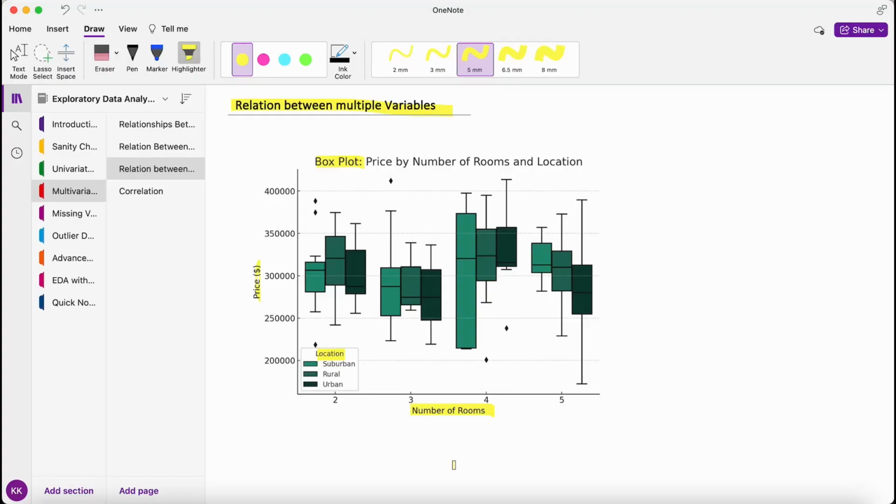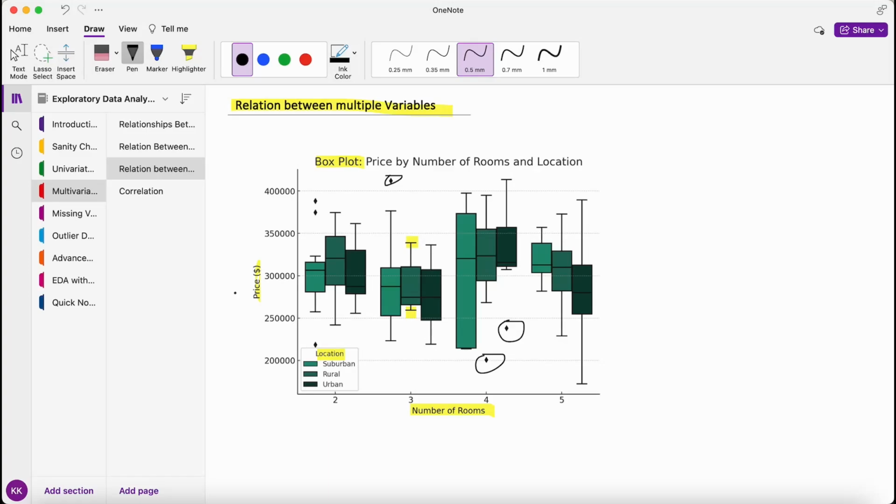The central line in each box indicates the median price, the edges of the box show the first and third quartiles, and the whiskers extend to the furthest points within a reasonable range, typically 1.5 times the interquartile range. Points outside of this are considered outliers and are marked with diamonds. By observing the boxes, we can compare the central tendency and variability of property prices across different numbers of rooms